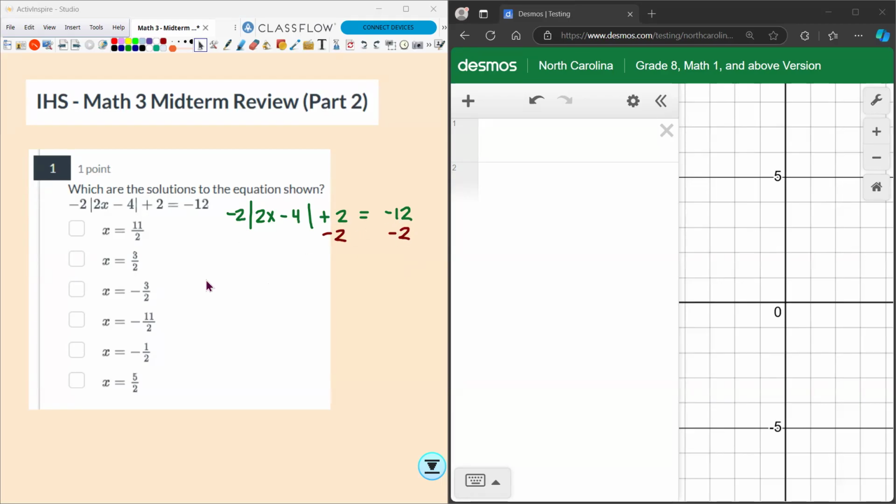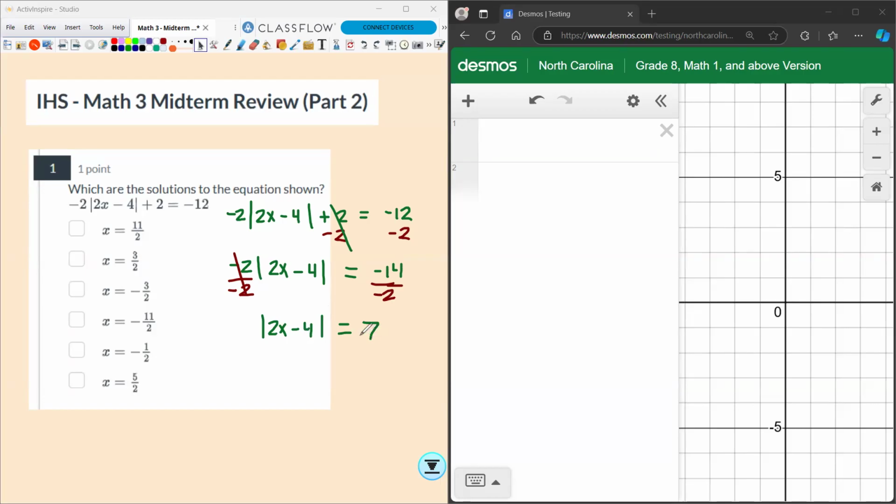That's going to give us negative 2, absolute value of 2x minus 4. Those 2's will cancel, and you have negative 14. Next thing we want to do is divide by negative 2. And when you divide a negative by a negative, you end up getting a positive. So those will change to positive 7. These will cancel out. So you'll have the absolute value, 2x minus 4, is equal to